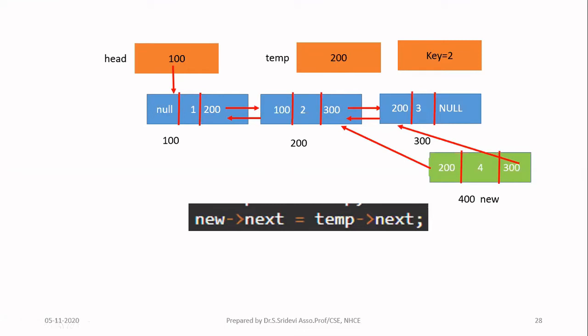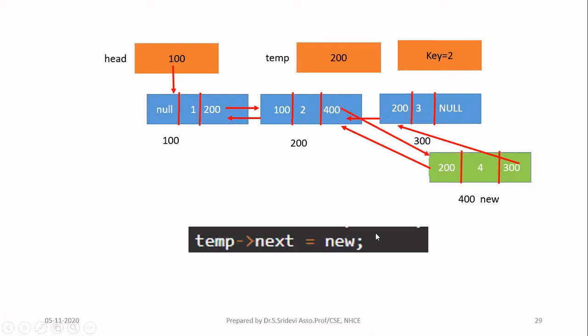So when you do that, this arrow is created. Okay, so now we have 2 more arrows pending. Whenever you insert any node in the middle, 4 pointers should be updated. We have successfully updated 2 pointers now. Still 2 pointers are pending for us. Now let us update them in the next slide.